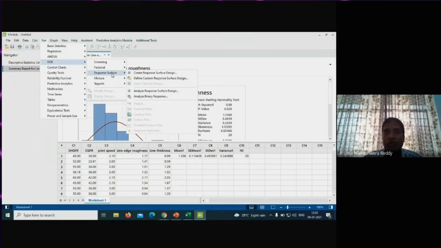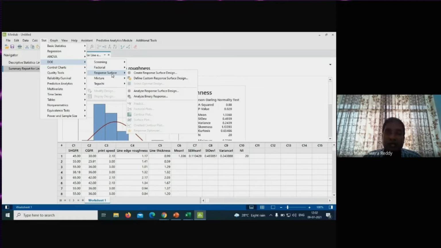For example, take a design of experiments for 5 inputs and 1 output, where each input parameter has, let us say, 3 levels, 3 different values for each input.